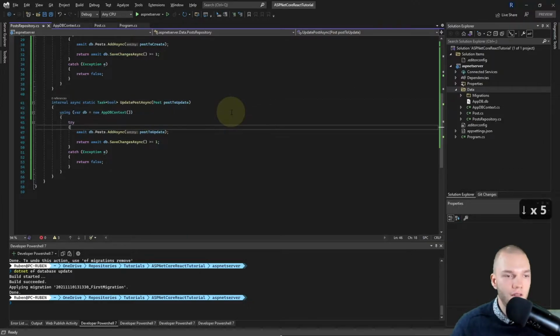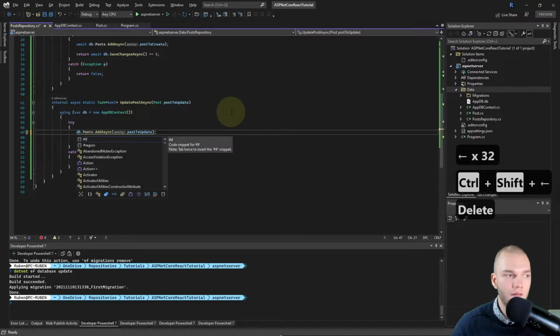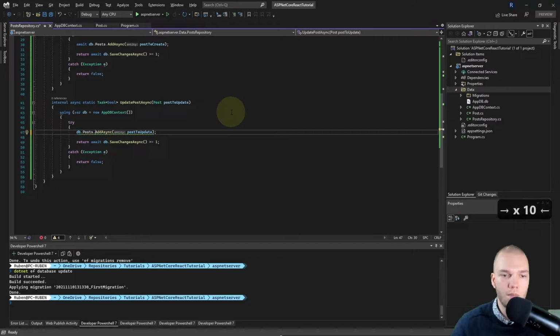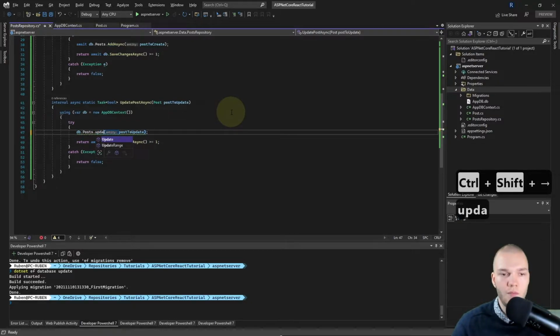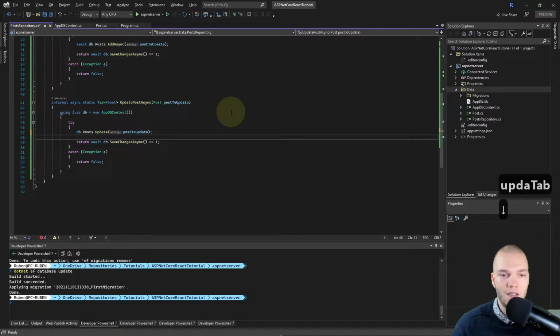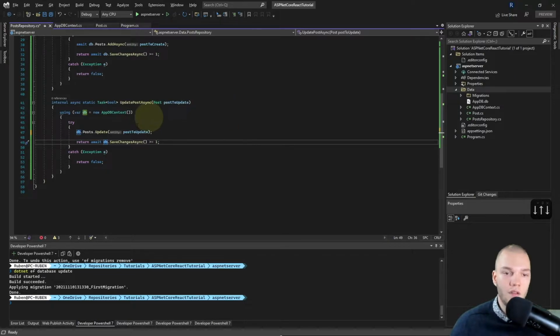And in the try block, we're not gonna await, but we'll do db.Posts.Update. And we'll pass in the postToUpdate. And we'll still return the await db.SaveChangesAsync. And the rest can stay the same.